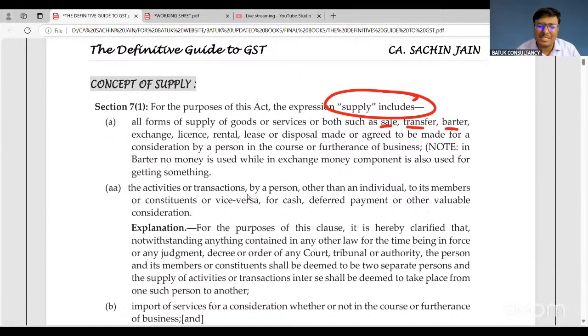Otherwise, a businessman is very smart, and may do certain transactions like a barter, so no GST, but the government has included the same in the definition of supply. Now there may be one question in your mind: sir, when you have given this pen and Mr. Mahendra has given this remote, on which value will GST be applicable? Yes, we'll discuss it at the time of the discussion on valuation, how we can calculate the value of this type of transaction.